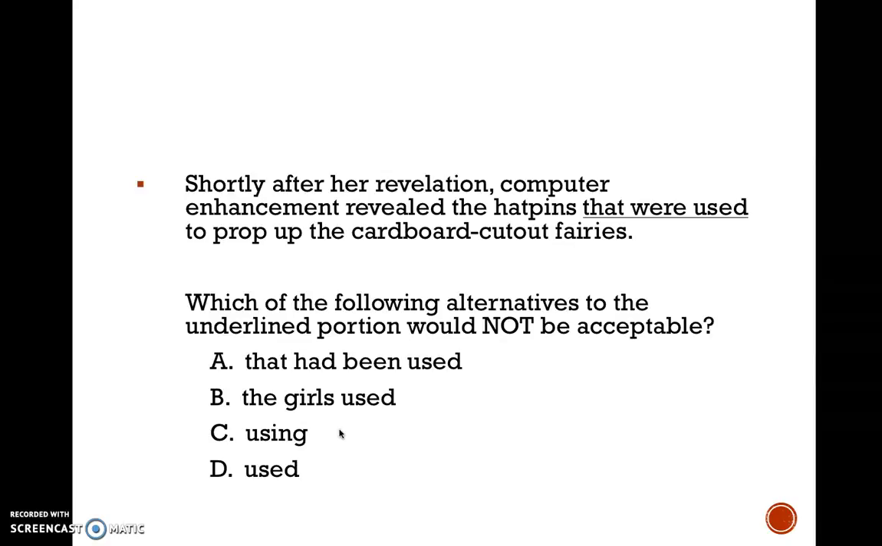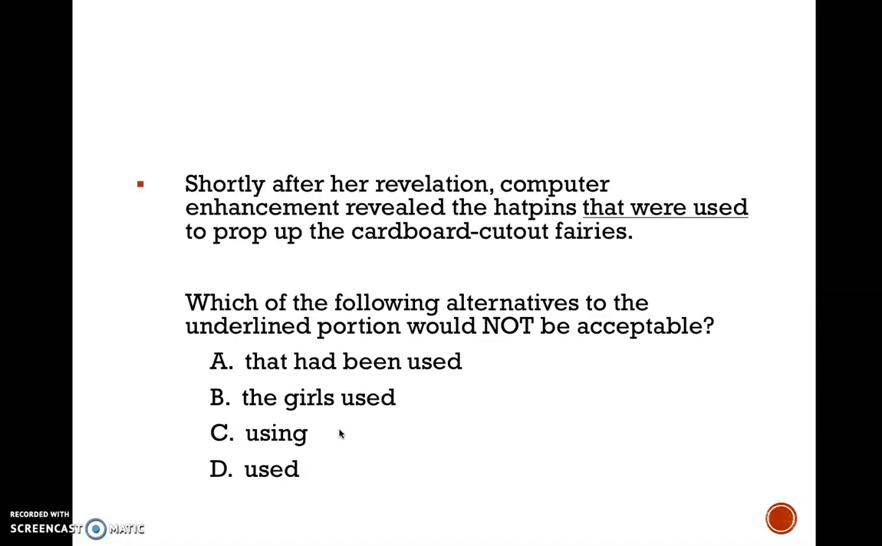If you take a look at the underlined portion, "that were used," now this is what good ACT test takers do. They look for patterns in the answer choices. What kind of tense is being used there? Past tense, "that were used." If you take a look at your options, "that had been used," "the girls used," D is "used." So it makes a lot of sense to keep using the past tense, because all the other ones are past tense and we're looking for the wrong answer. All we need to do is plug them in,